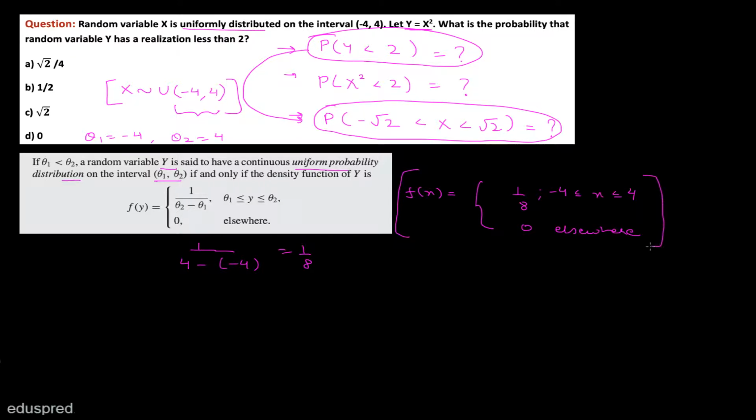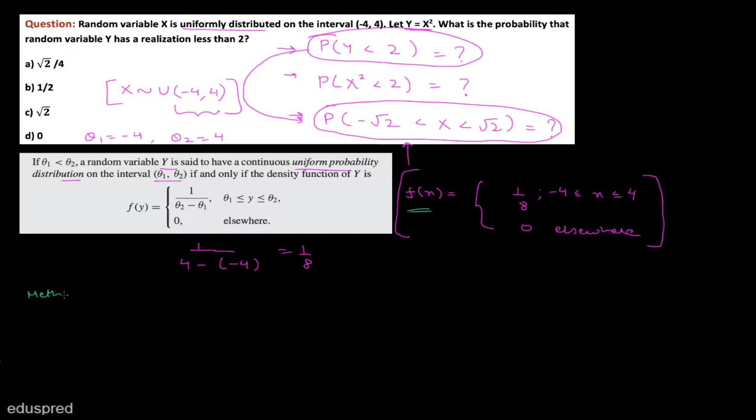Now let's see how we can use this probability density function to find this probability. There are two methods to do this. The first method is a graphical method in which we create a figure for this probability density function, and then analyze that figure to find this probability. The second method is the integration method. Let me show you both the methods that you can use to find this probability. So let's start with the first method.